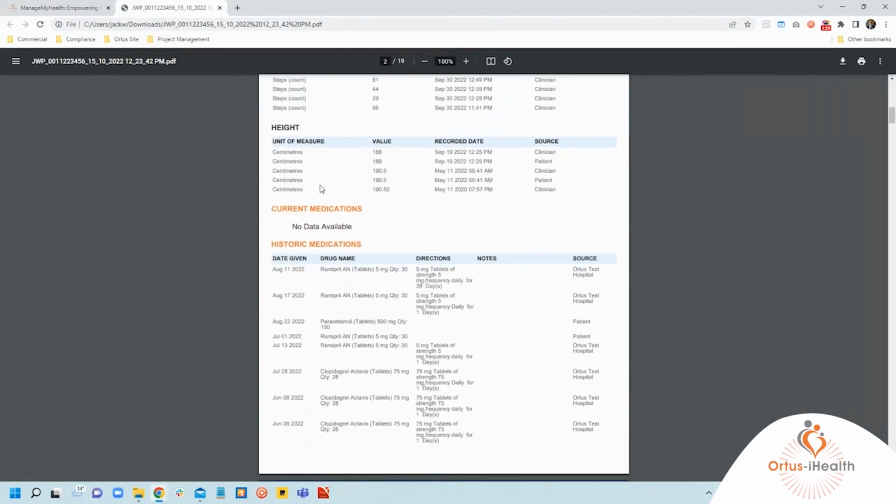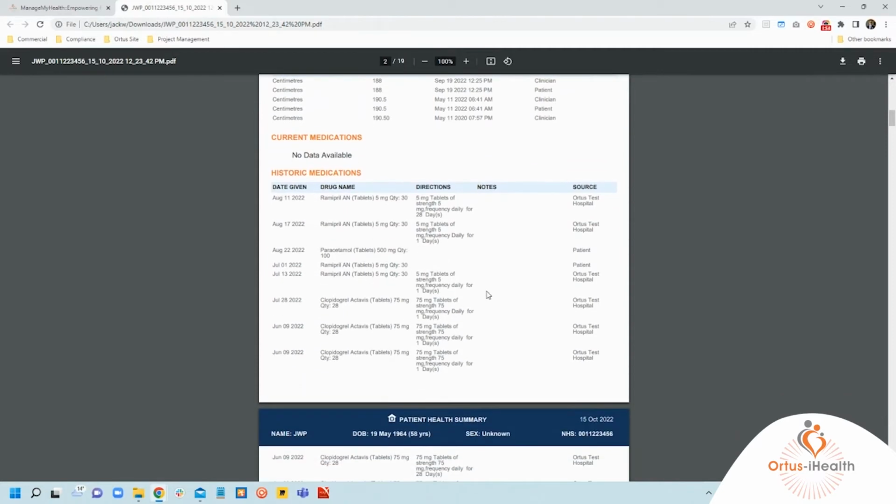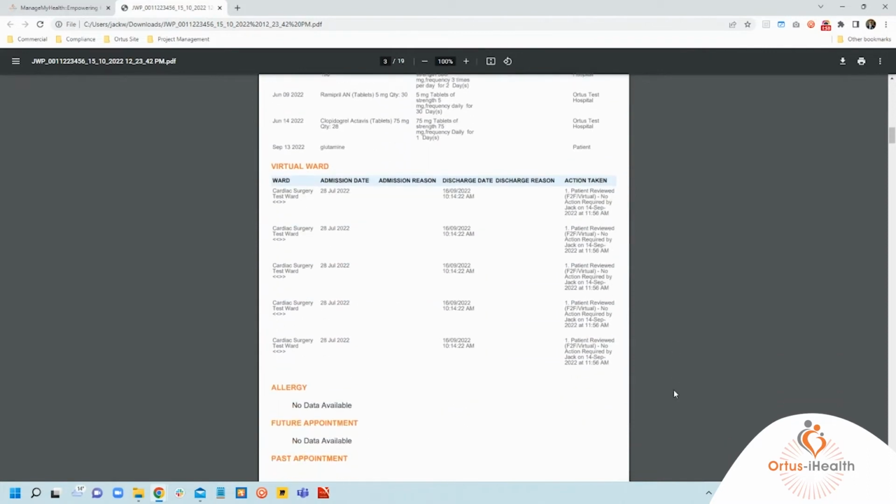Any medications that have been inputted will be shown. Throughout this document, if there's no data available, i.e. the patient hasn't had any medications provided or inputted into their health profile that are current, no data available will be displayed. Historic medications, including notes and the source, are displayed, as well as any admissions into a virtual ward,